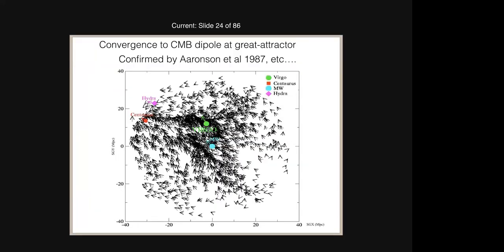They were saying that Virgo is not enough. If you go and look further away, you see the Great Attractor. The Great Attractor is basically the supercluster of Hydra and Centaurus. And we are all having this Virgo-centric infall, but us together with Virgo, we are all moving towards the Great Attractor. And they were claiming that this region, the whole mass and anisotropic distribution in this region, is responsible for our velocity that gives rise to the CMB dipole. You see, the local universe is very anisotropic. Here we have got superclusters, here we have got voids.